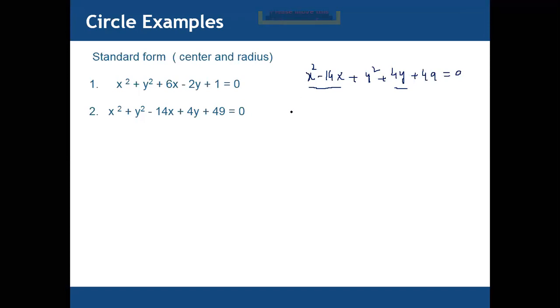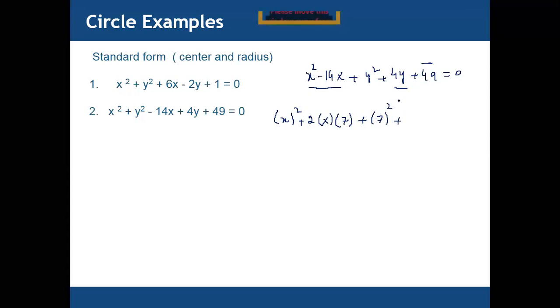X square minus 14x, can we write in the form of x square plus 2ab, where a is x, so what is b? We know that we have 14 here, so 2 multiplied with a number to equal 14 is 7. So 2 times 7 equals 14. So b is 7. So we need what? We need 7 square. 7 square actually equals 49. We have already 49 here. So can we write 49 in the form of 7 square? 7 square equals 49.